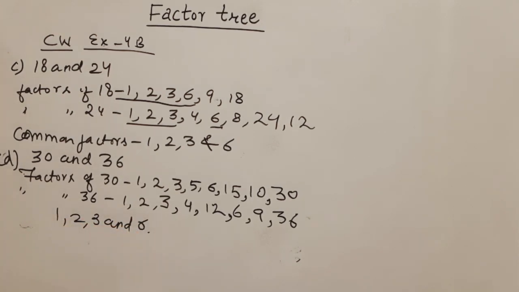So all the questions which I have solved in the video will be your maths classwork. You are supposed to do in your maths classwork copy. But if I talk about the homework, question number 1, option number A and B is your homework. Question number 2 you are supposed to do in the maths book. Question number 3, option number A, option number B is your homework. Do it in your maths homework copy. Rest all the questions you are supposed to do in your maths classwork copy.